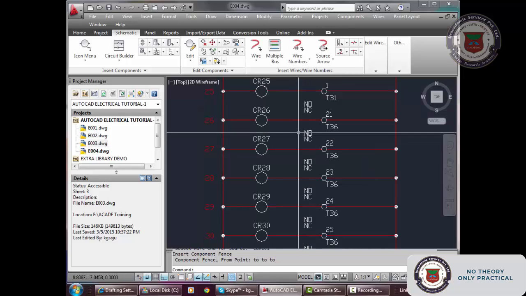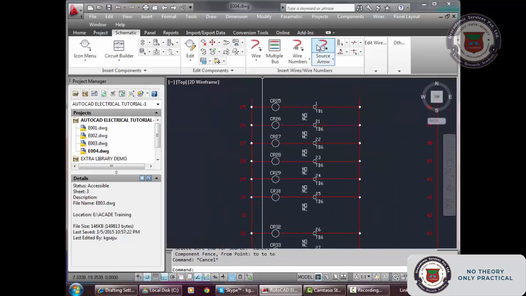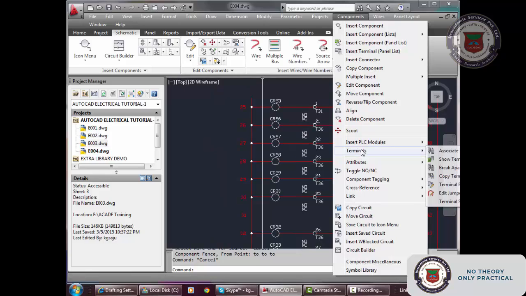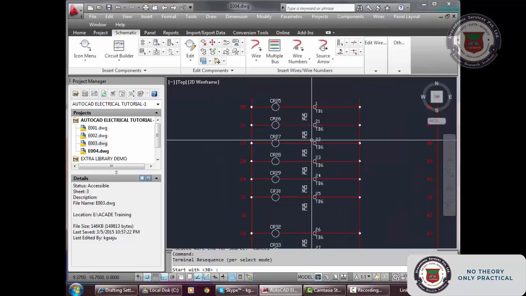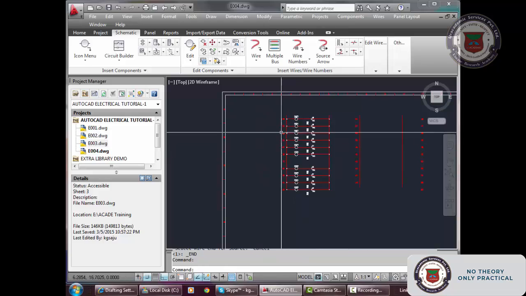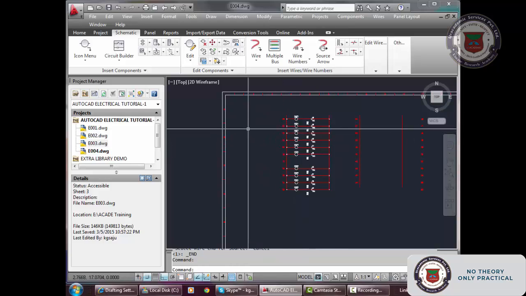This is almost the same. And terminal renumbering: components, terminal strip utilities and terminal pick mode. It will ask for a starting number, starting with whatever you put. If I put 31, it will start from 31 in this way. This will help you a lot while designing more complicated